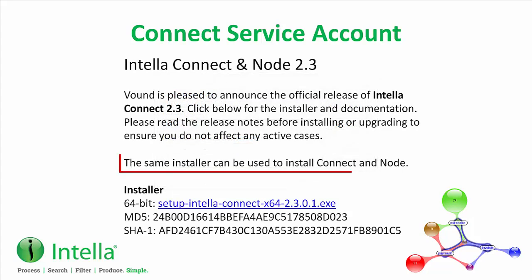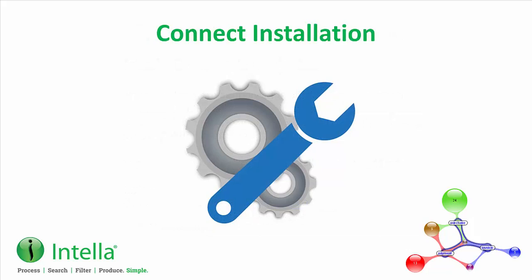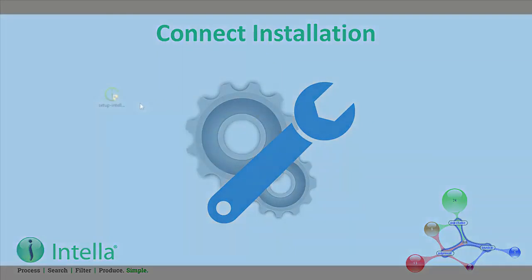The installer file and installation steps for Connect and Node are very much the same. The only difference is that you will install each product to a different system and you'll choose which products to install. In this video, we will install Connect as a service, but I'll point out the other options as we go through the installation process. Once you have downloaded the installer, on the Connect server, double-click the executable file to start